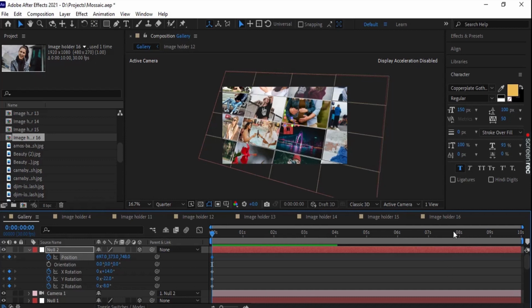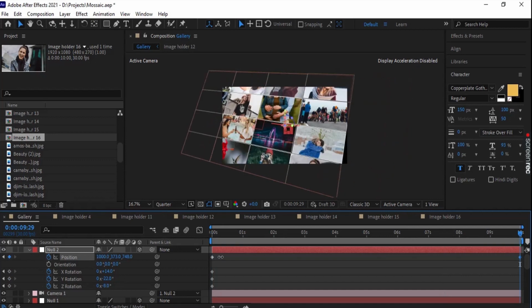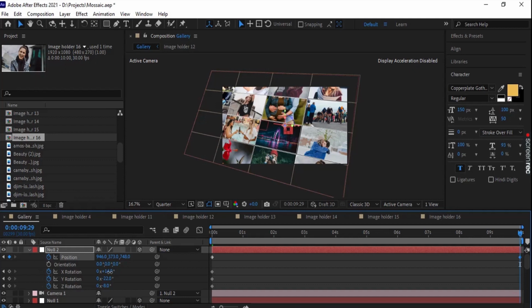Now go to the end frame of the layer and give the keyframes and make some changes.